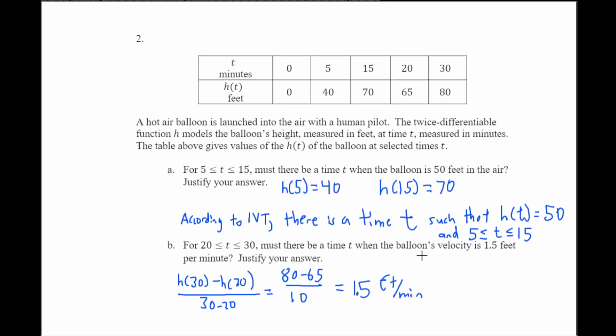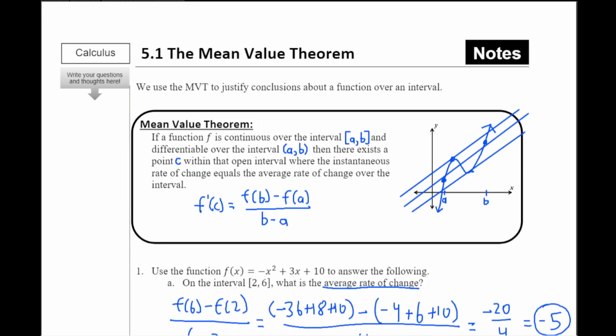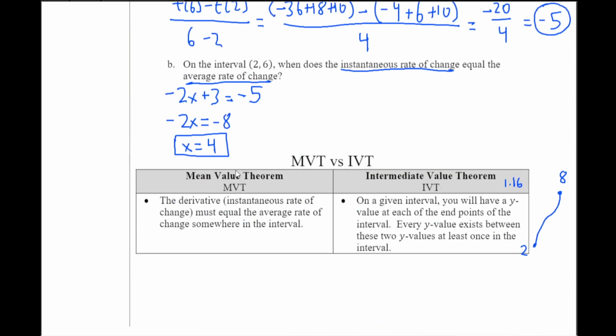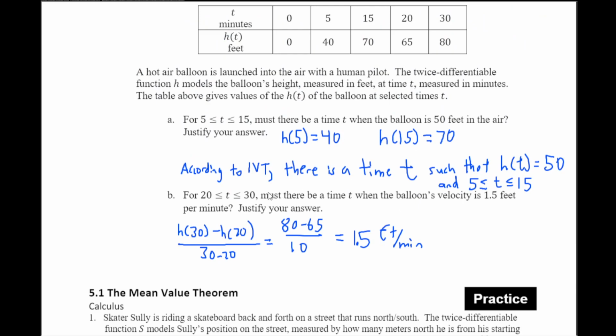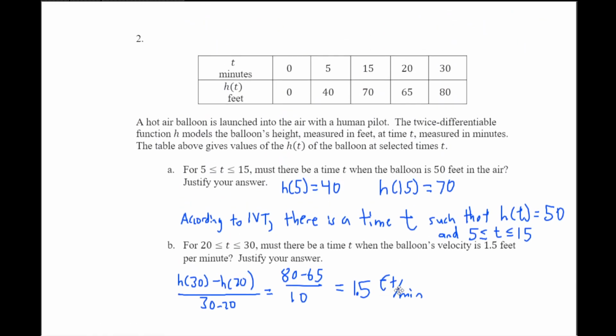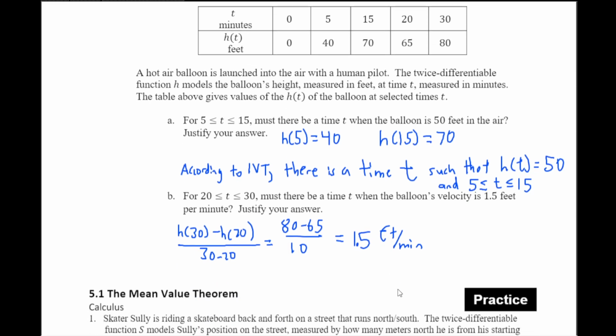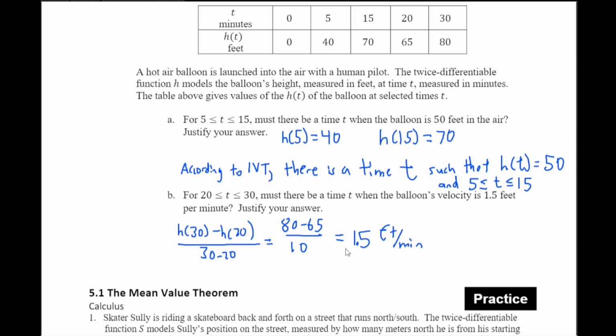Remember, the mean value theorem states, if you go back to the first page here, the derivative, the instantaneous rate of change, must equal the average rate of change somewhere in the interval. You see here how the average rate of change on the interval 20 to 30 is 1.5 feet per minute. So there has to be a time in between where the instantaneous rate of change is 1.5 feet per minute. To write this out, just say according to the mean value theorem,